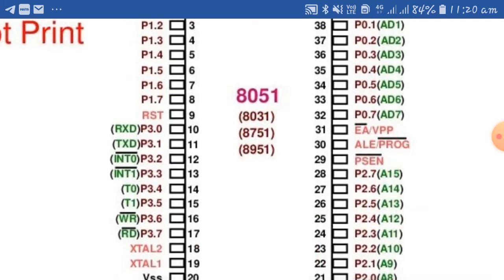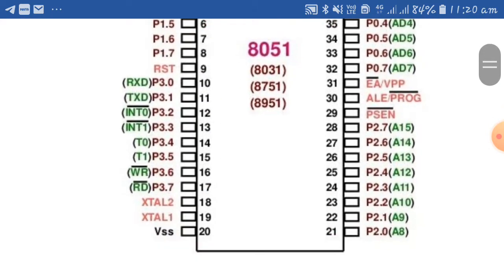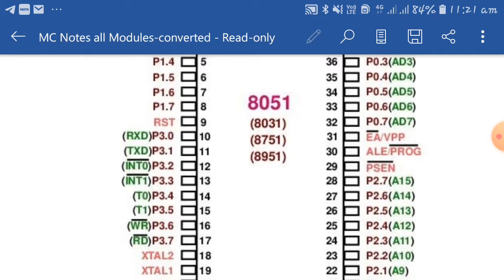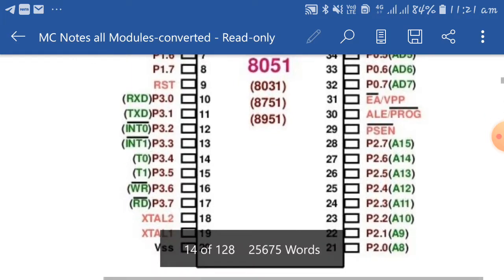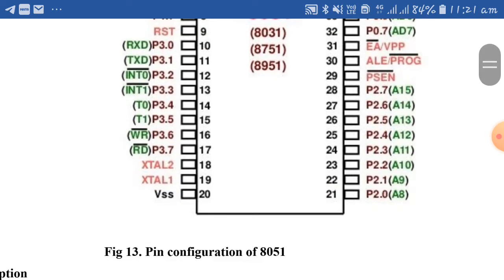So if you connect external memory to these pins, and you want to access data from that memory, you are going to use port 2 and port 0. If our memory is more than 8 bit, you have to use the port 2 pins to access the remaining address, because data access is only 8 bits, since the 8051 is 8 bit. You can access only 8 bit data from a 16 bit address. That's why the lower 8 bit address is available from port 0, and the remaining higher 8 bit address is available from port 2.